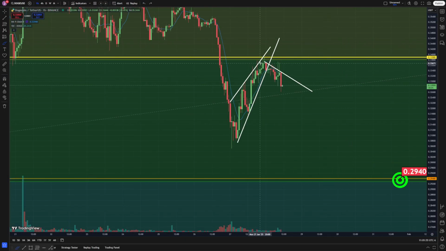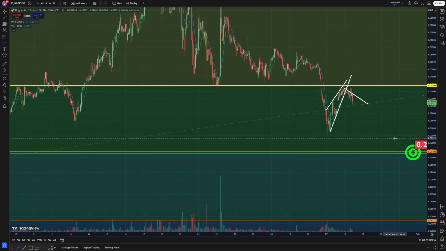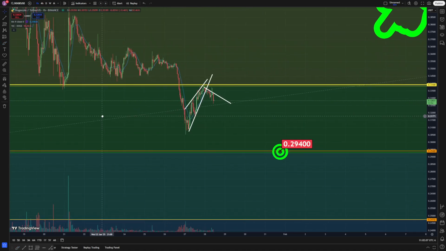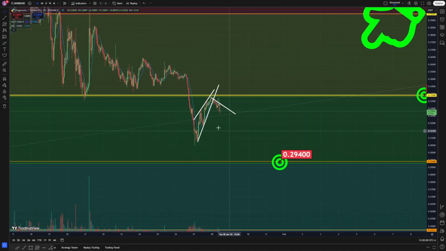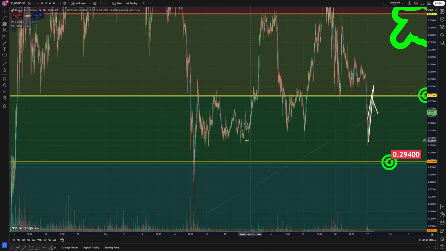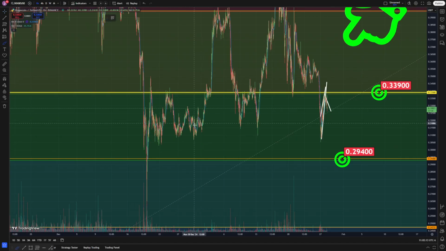But for right now, we are trending down, and my next limit order to buy Dogecoin is at .294. I have positions in a few different places, but this is the next place that I want to try to accumulate if I can. Like I've been saying though, I've been waiting for it to go down to .294 since